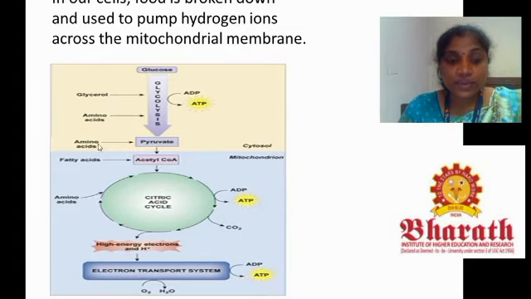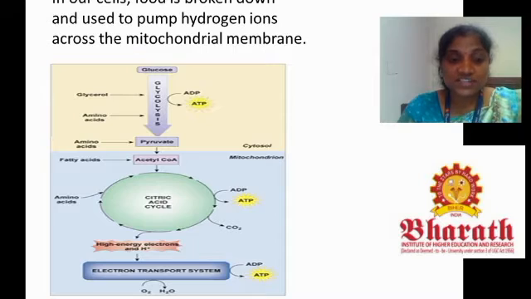This acetyl-CoA is taken into the citric acid cycle. So the third step is the citric acid cycle. In the citric acid cycle, acetyl-CoA combines with a molecule called oxaloacetate, and there is a series of 8 reactions to complete the cycle. At the end of the citric acid cycle, it yields 2 ATP, 6 NADH and 2 FADH2 molecules, and carbon dioxide is released during this cycle.